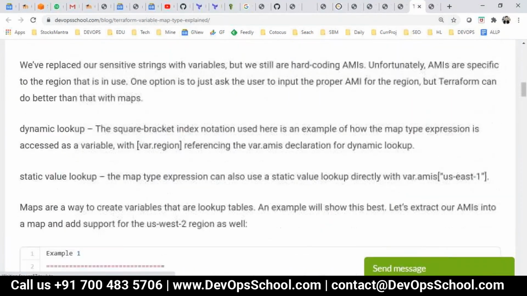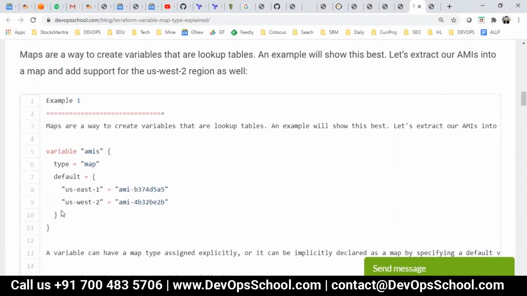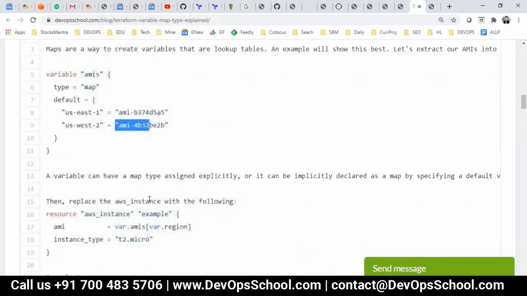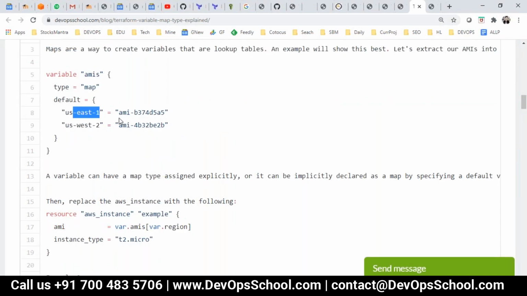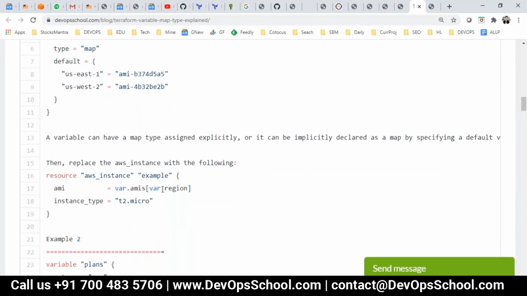Map is a good one. See here, with this, one script you can work for all the regions. See here, AMIs map, key value. Now see here what you are doing. Create an instance for var.amis, var.region. This is the AMIs. So if it is a different region, let's say this one, then set the AMI to this one. If it is this one, then this one. Now where is the var.region?